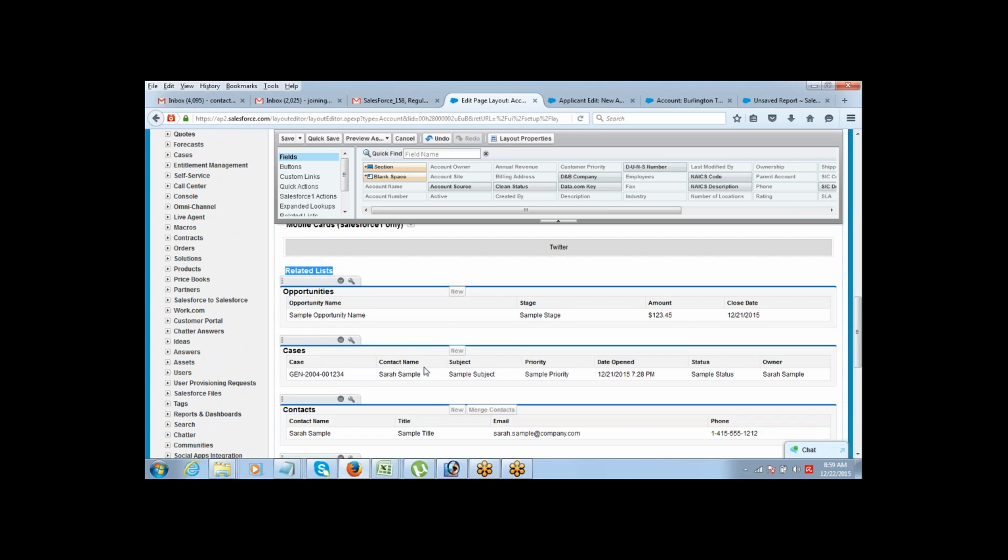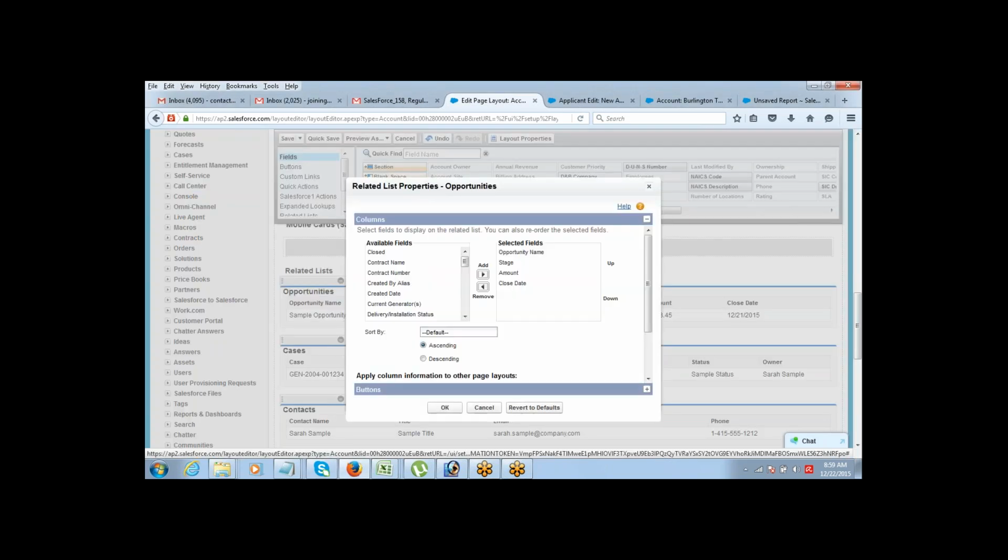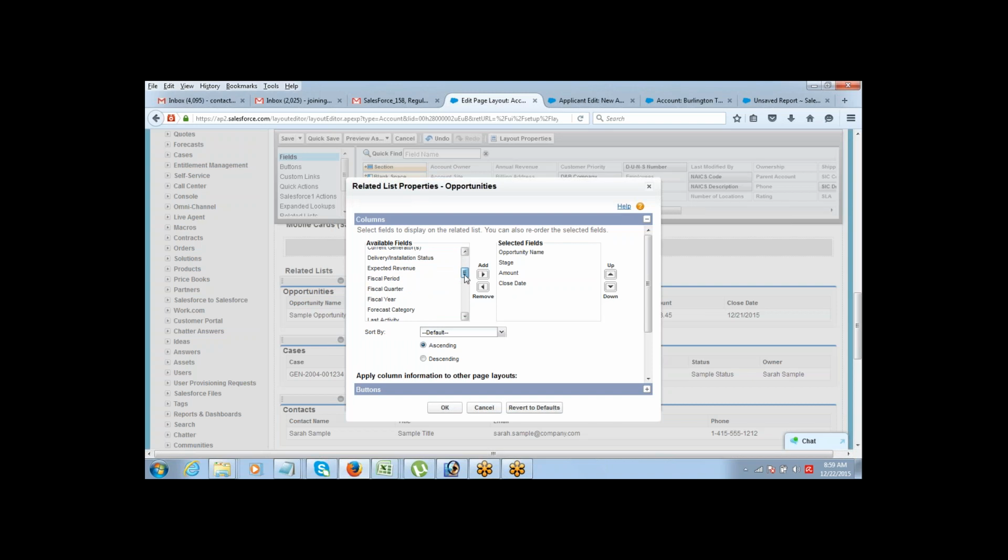And you also have the option of controlling, as I said, what all fields you want to display in the related list. So you just go to related list and click on the properties of the related list. You will have the option of selecting which all fields you want to display here. Let's say expected revenue. I want to display this also.